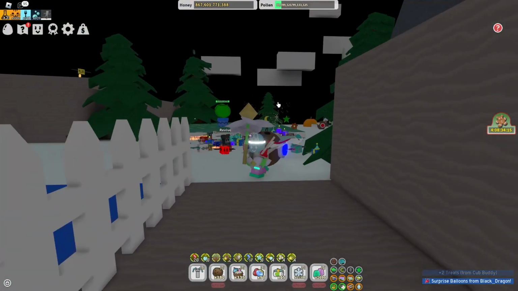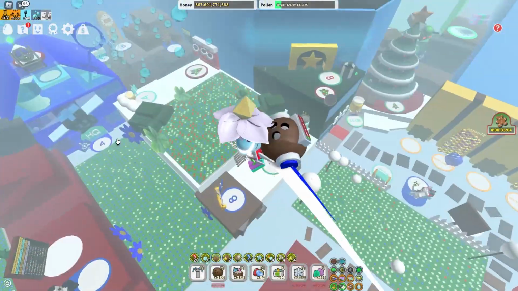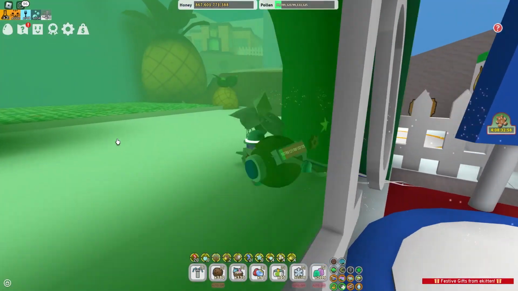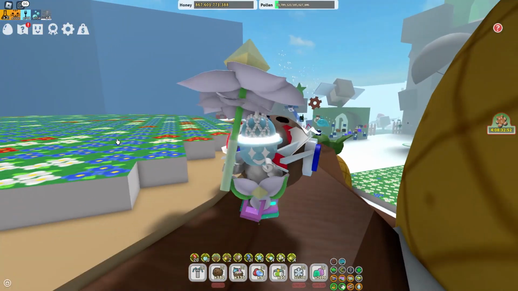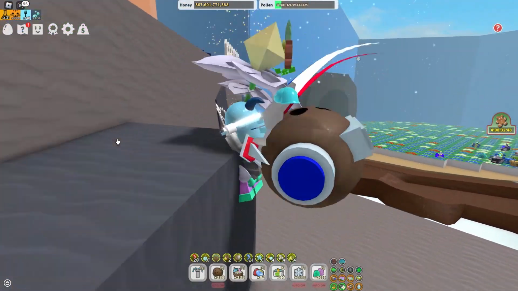So if you're actually wondering how to macro, then there you go. Simple, easy, done. If you don't have macros, I would recommend just AFKing Stump Snail. If you have an auto clicker, sometimes people have phones that have auto clickers. I think that might just be Android exclusive, but if you have an iPhone and you have an auto clicker